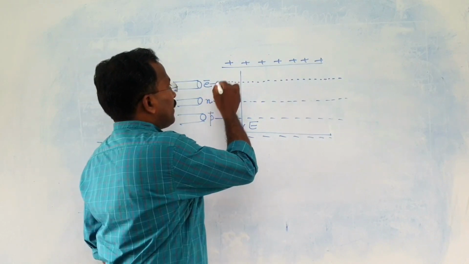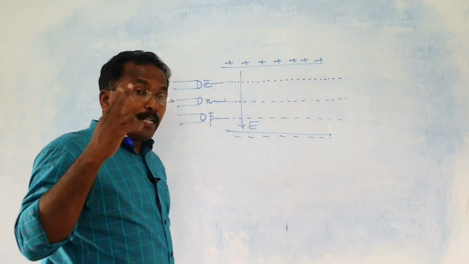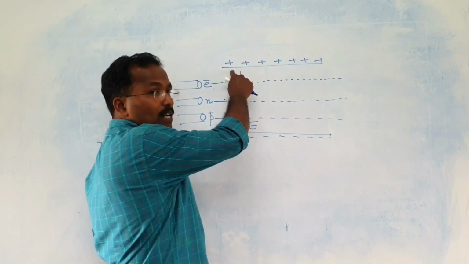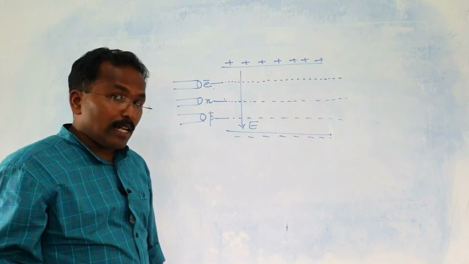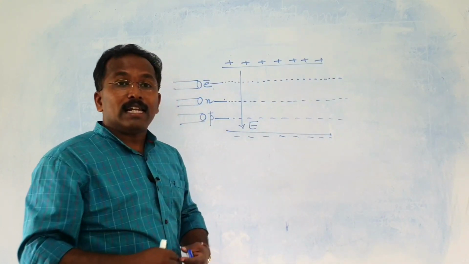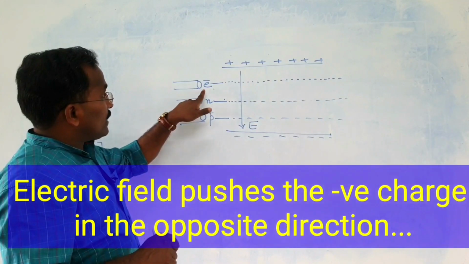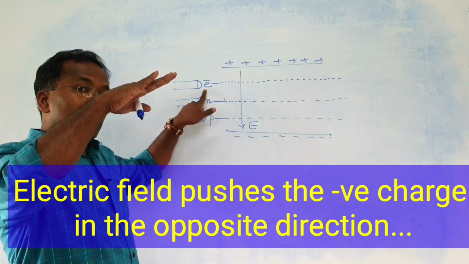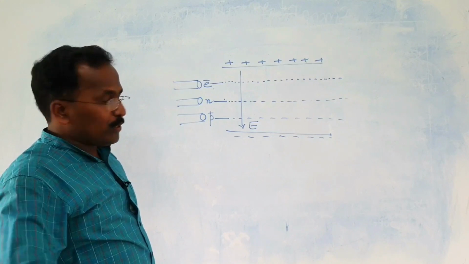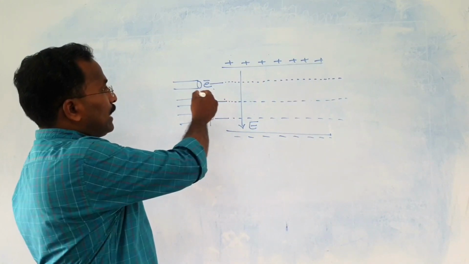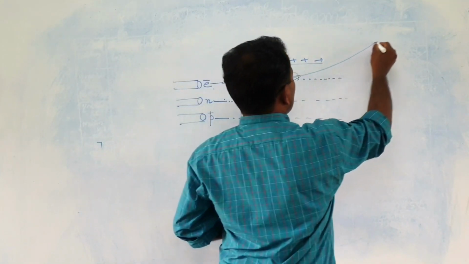Now, electron having come to this electric field, what happens? You can describe it in 2 ways. This positive charge will attract it. This negative charge will repel it. That is one way of looking at it. Another way of looking at it from a scholarly level is the electron enters the electric field, and the electric field pushes a negative charge in the opposite direction. You can say there will be a force in the upward direction in this figure. Correct, no? So, what happens to the electron? It is deflected up. The electron will be deflecting up like this.